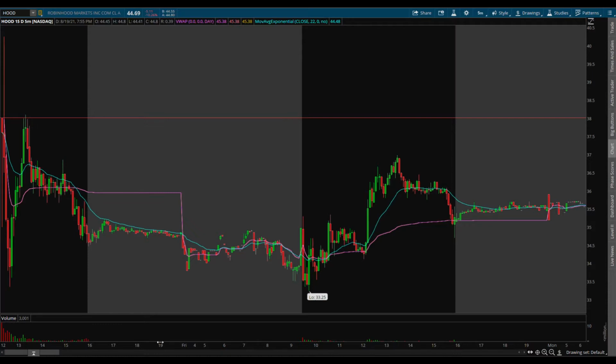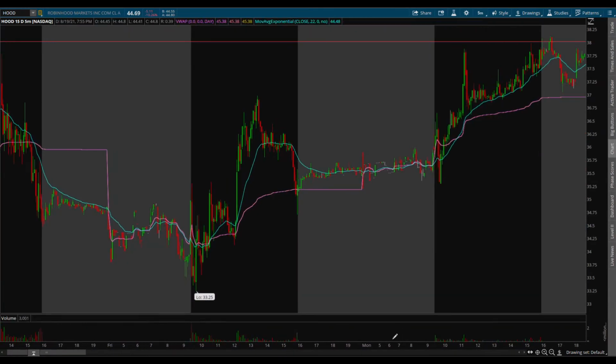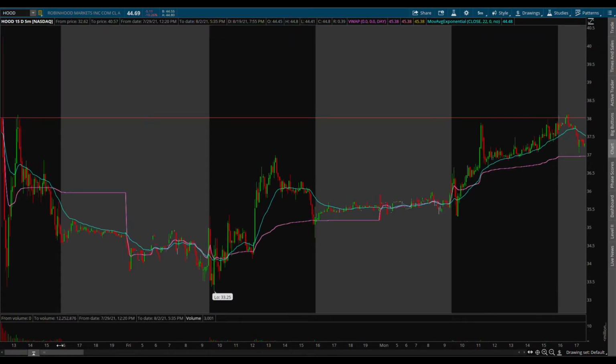Retail traders and all sorts of people were saying this is going to fail. People hate Robinhood right now because of all the GME stuff. It's going to fail. Short it, short it, short it. And you got to remember, the market is here to inflict the most pain. And the greatest opportunity came in Robinhood 3-4 days later when we returned to this 38,